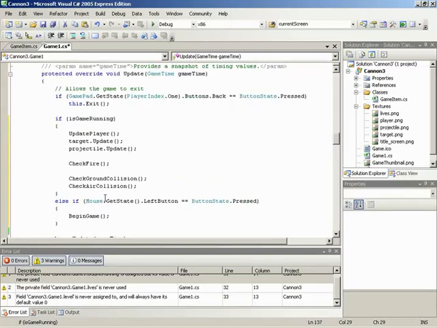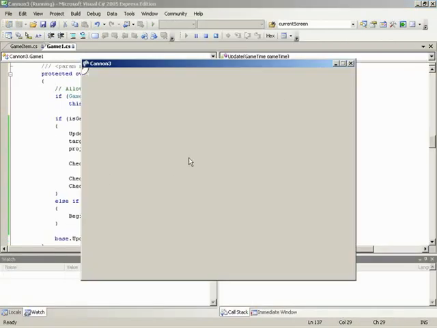All right, let's find out. So there we go. Everything built and is running just fine. Everything's stacked in the corner and is frozen. Okay. So let's click to begin. Hey. And everything starts running. Very nice, very nice. And if I let the target hit enough times, we run out of lives,